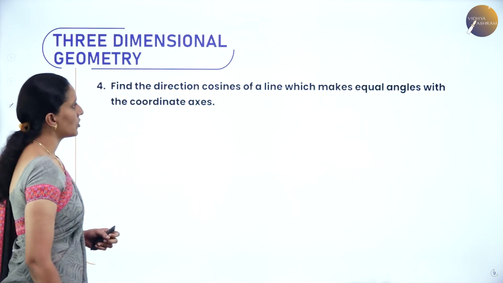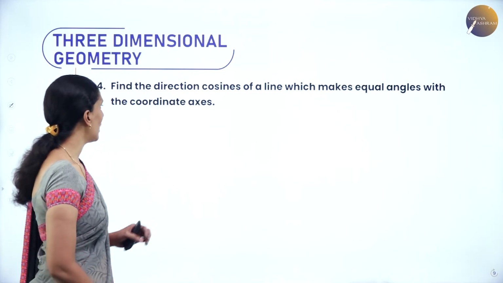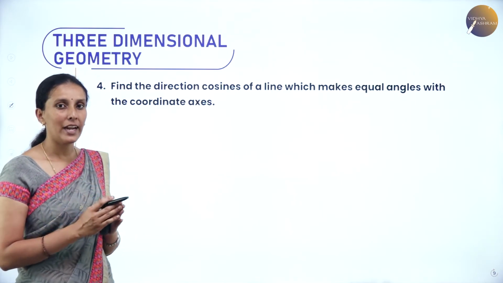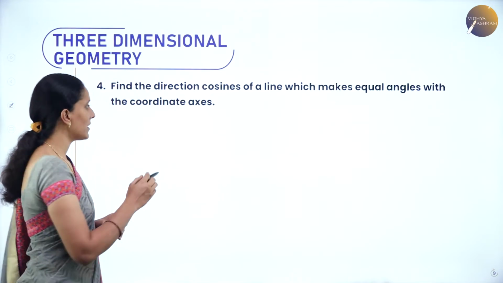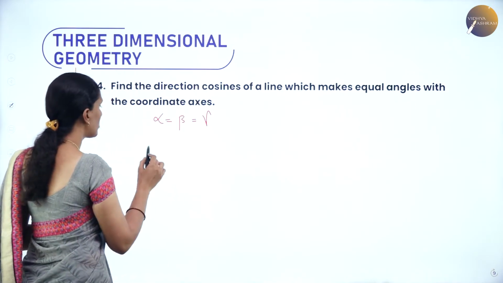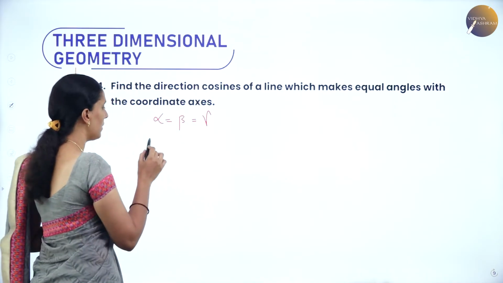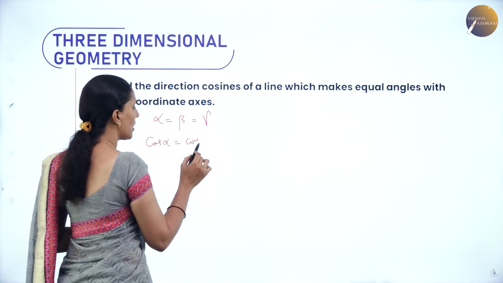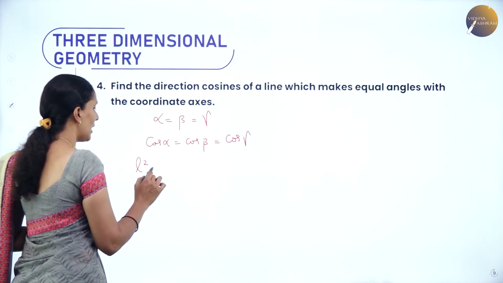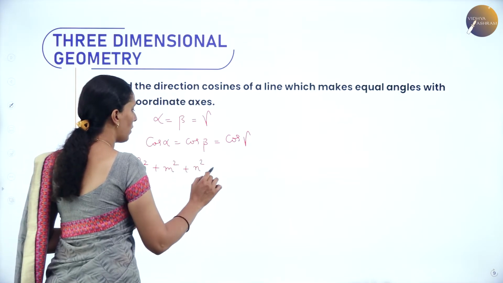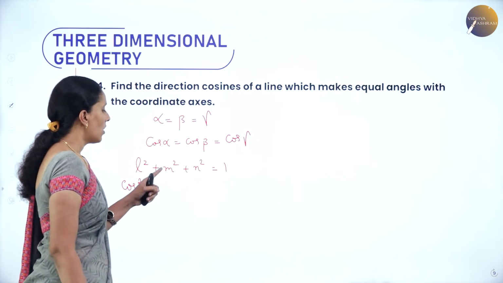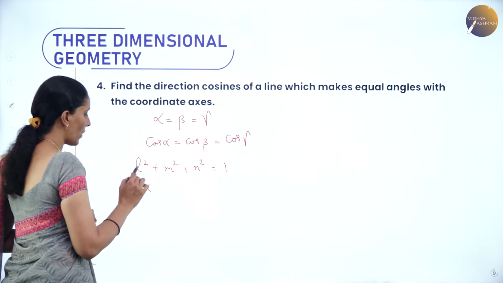Next, find the direction cosines of a line which makes equal angles with respect to the coordinate axes. So we are talking about a line which creates equal angles with all the axes. That means alpha, beta and gamma are one and the same. If alpha, beta, gamma are the same, then cos alpha, cos beta and cos gamma are also the same. So we have L square plus M square plus N square equal to 1. L means cos alpha, so I can write it as cos square alpha plus